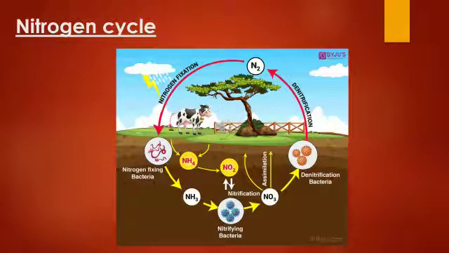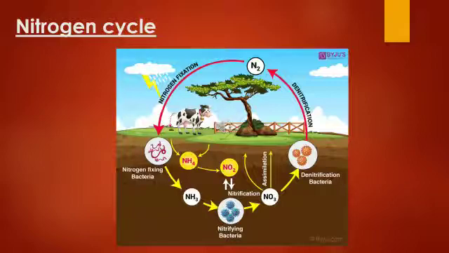Just now we learned that nitrogen fixation is done by rhizobium bacteria, which convert atmospheric nitrogen into a form that can be used by the plants. So then how does the amount of nitrogen in the atmosphere remain constant at about 78%? We need to understand this through the nitrogen cycle. Nitrogen fixing bacteria convert atmospheric nitrogen into usable forms of two types, that is nitrates and ammonia.